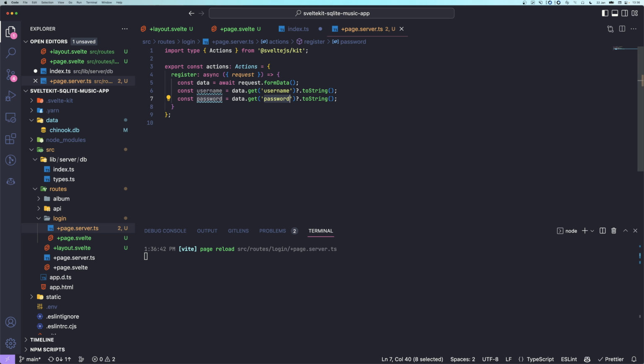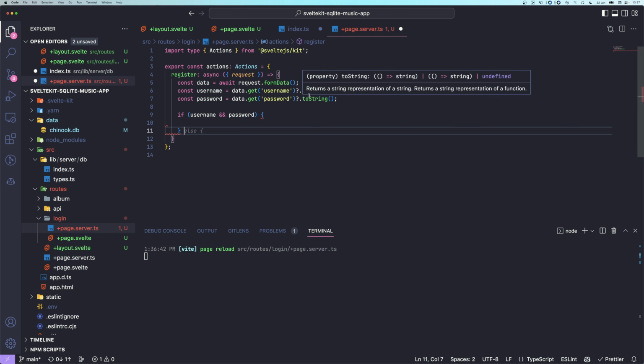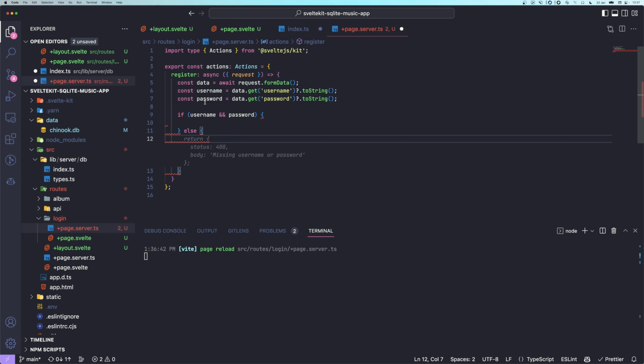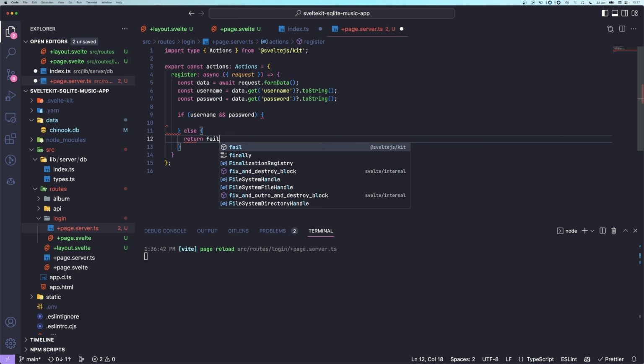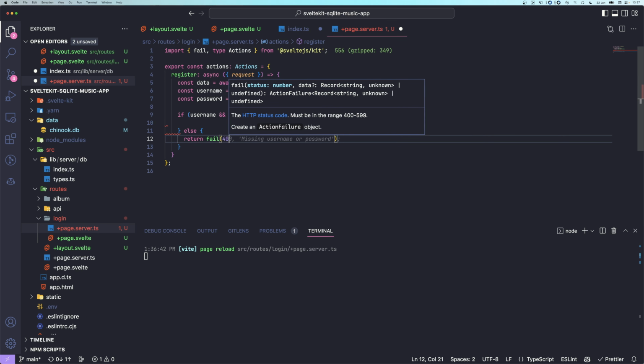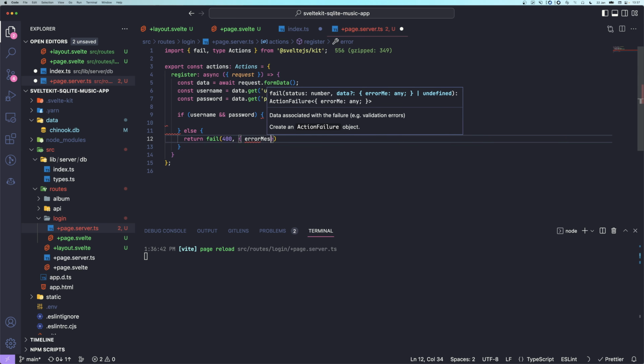And I also added the required stuff, but we always have to do the checks on the server also. So you can't trust the front end. The user could go into the browser DevTools and remove the required. So we also check if all inputs are filled in here. And if not, we can then return with the SvelteKit fail function. And this is great because we can actually add an error message here